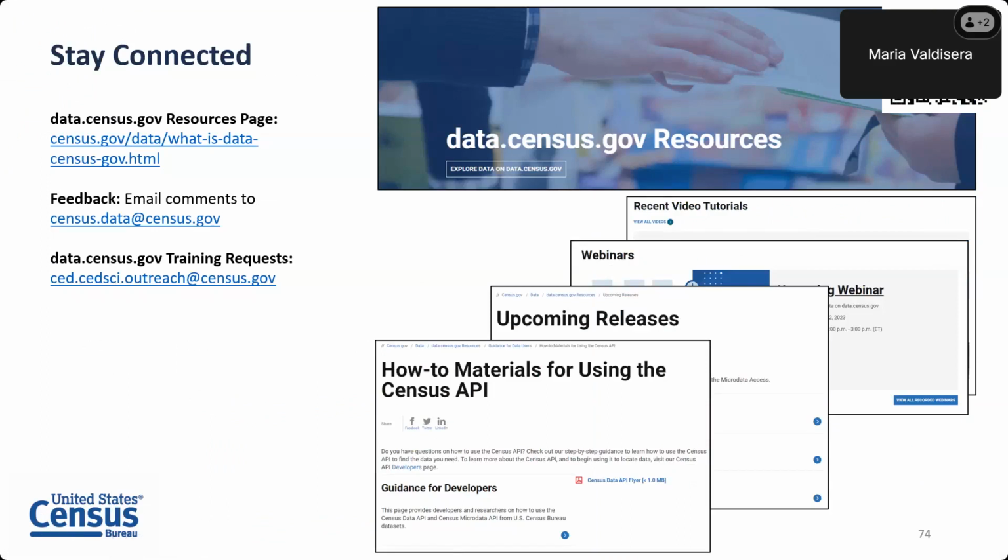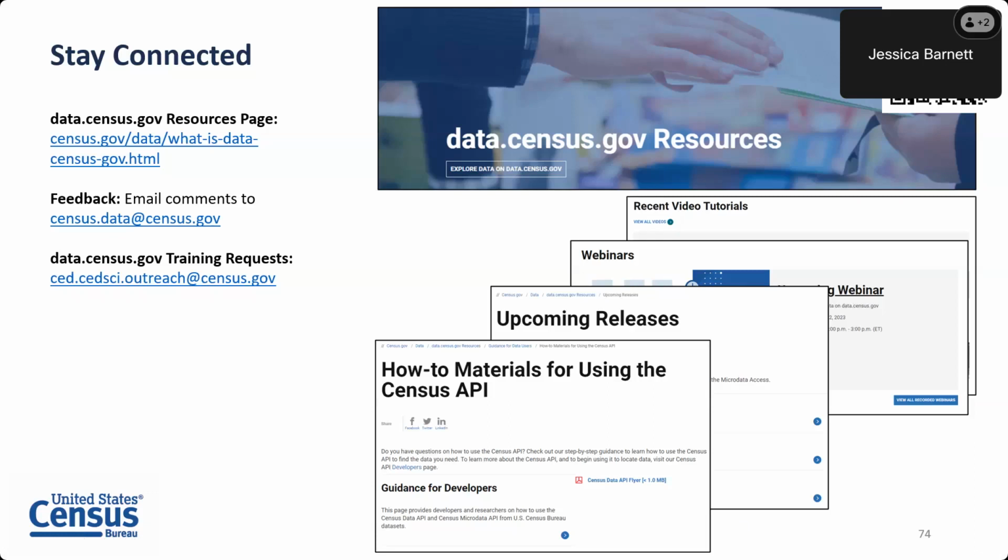Were there any other questions that came through or hands raised that I should address over the line? Maria, I have two questions I cobbled together based off of what we received. Is it possible to pull data from different lines of a table and then map that new estimate out? And can you map different tables all in one map? Would you be able to combine any of that together and map it?